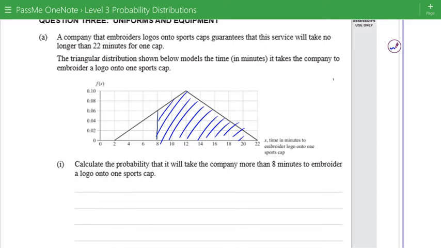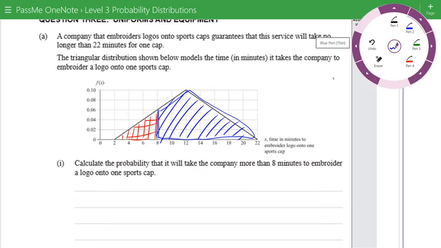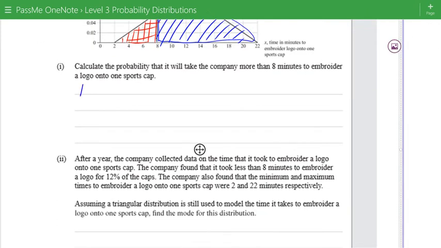Now that is quite an awkward shape to work out, so instead of working out that area, I'm going to work out the area of this triangle here, and then subtract it from 1, because that triangle is a lot easier to work out. Okay, so let's just write down something here. We'll write down that we're working out the probability that x is larger than or equal to 8, and so we're saying that that's the same as 1 minus the probability that x is smaller or equal to 8,